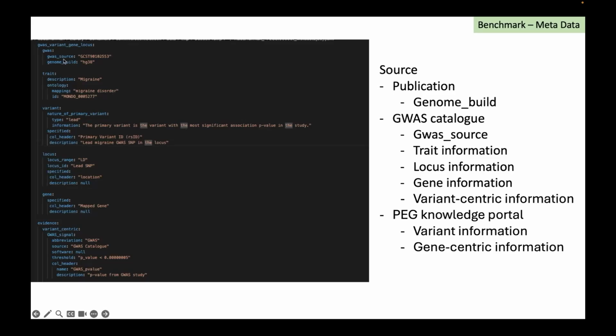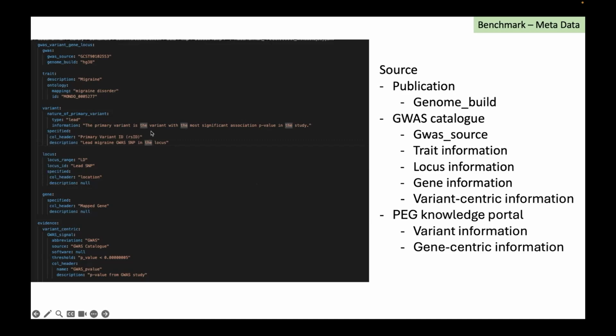So the GWAS source was from the GWAS catalog, and that's the IED. We got the trait information from the GWAS catalog as well.